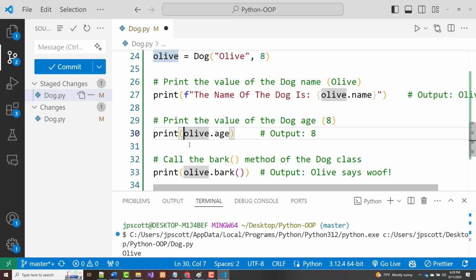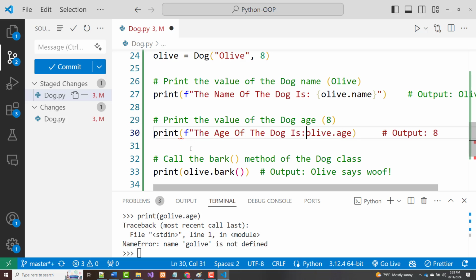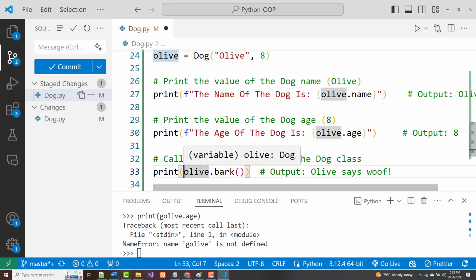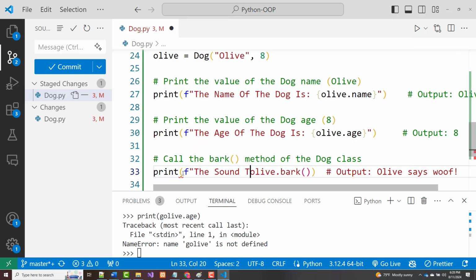We'll say another F string, not a G string, another F string, and we'll say the age of the dog is, and here we'll say the sound the dog makes is